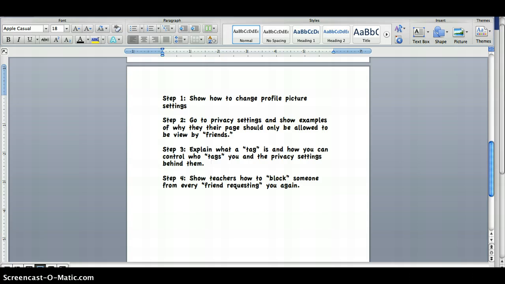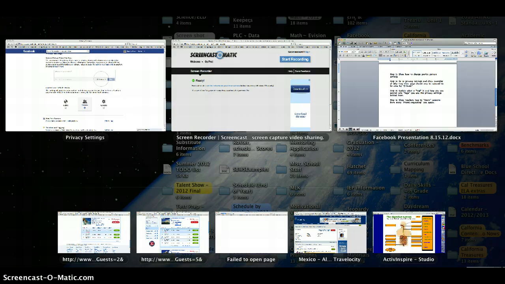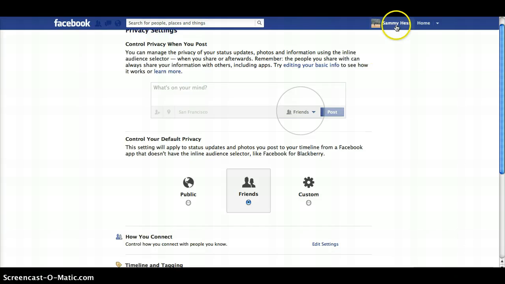and this is where I think most people might get confused, or the privacy settings might not be explained to them well enough. It's a thing called tagging. So basically what tagging is, I'm going to show you an example of that. I'm going to go back to my home page. Basically what tagging is that anybody